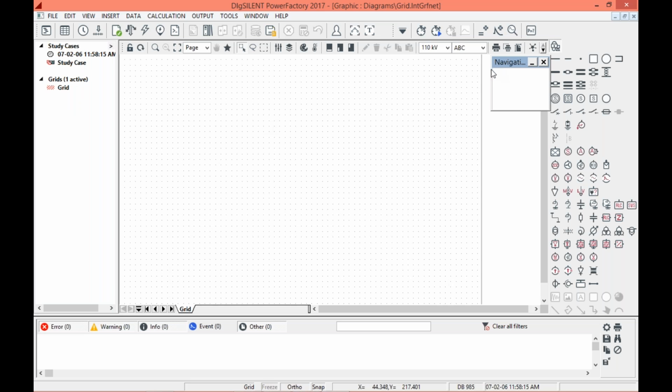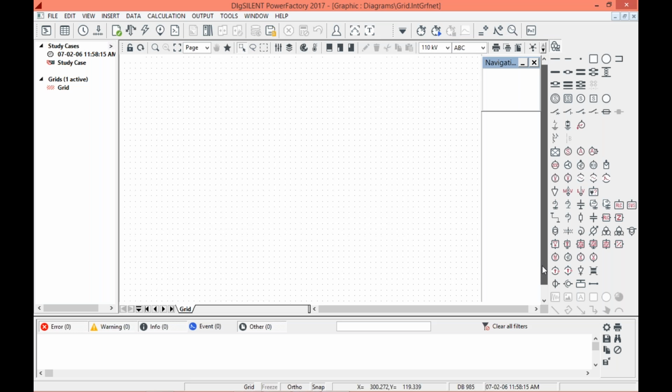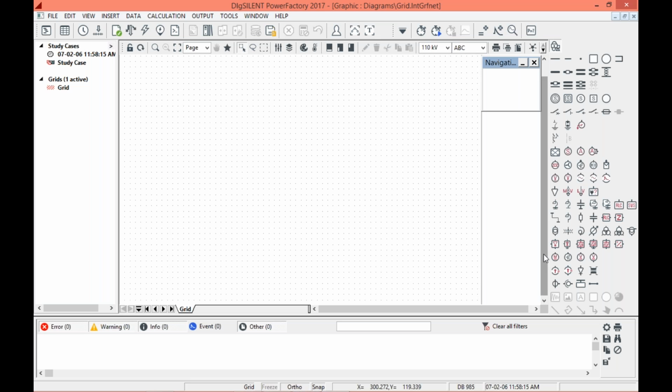And after that, this is our navigation pane window. When we design any network and you want to see it in this small pane, it shows the whole network in this small window. So this is our navigation pane window. This is our library, the various equipment that we will be using for designing the